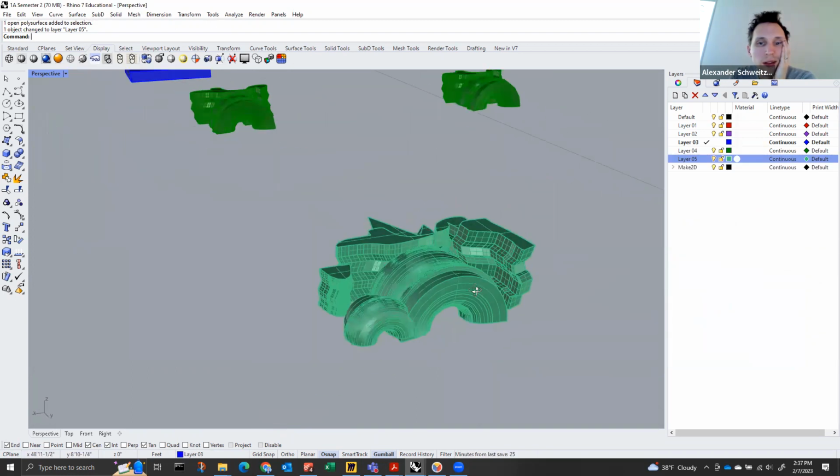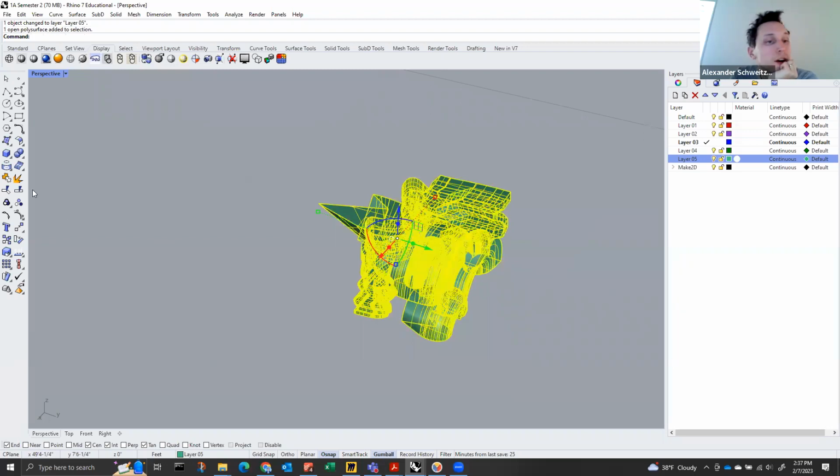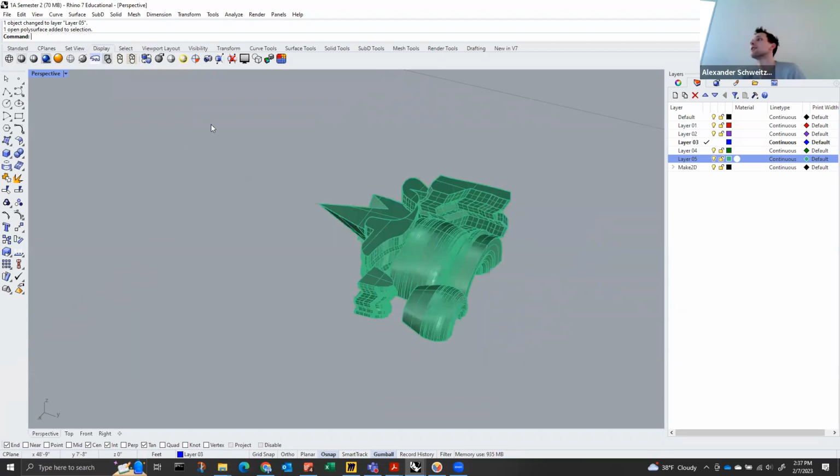Cool. It's more fun. All right, so if this is the solid, we're going to make the negative. The best way to make the negative,